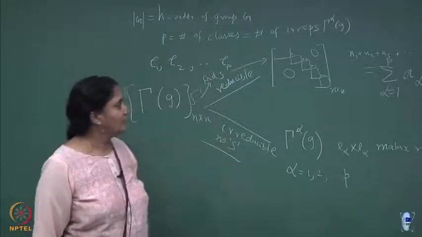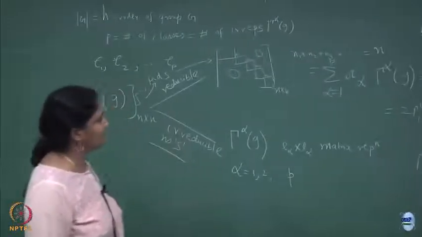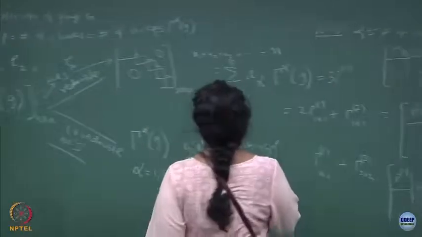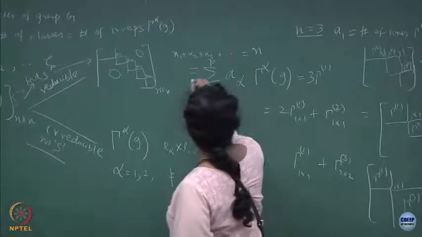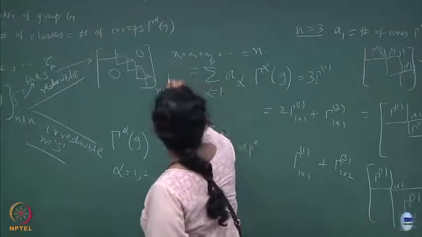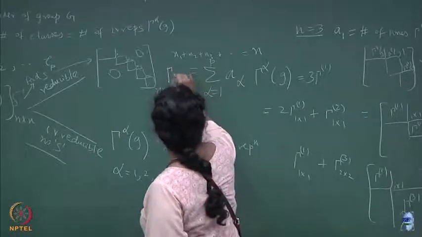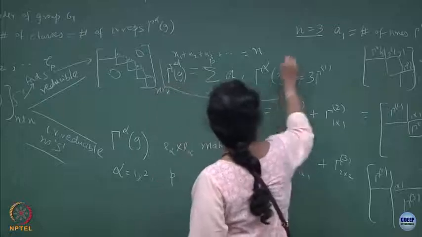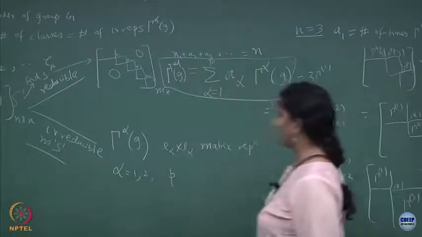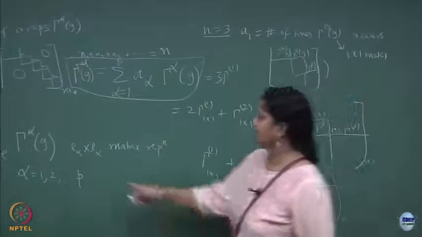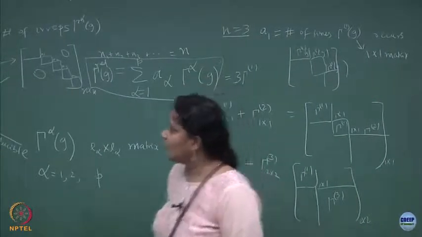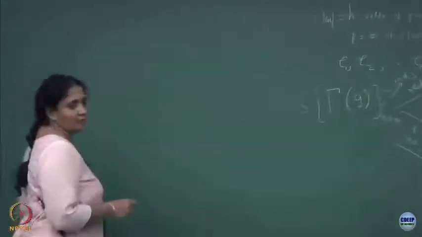Okay. So, remember these two expressions which I have written now. One is this, let me write here, gamma of G reducible will be rewritable in terms of this, where these are the irreps. Okay. And then what did we do? And we had a set of